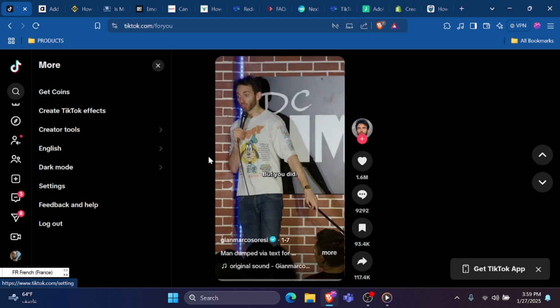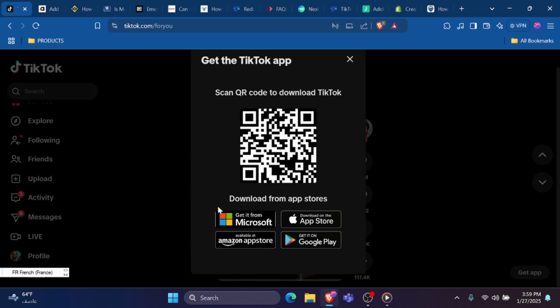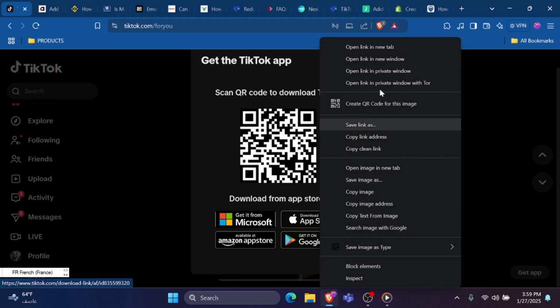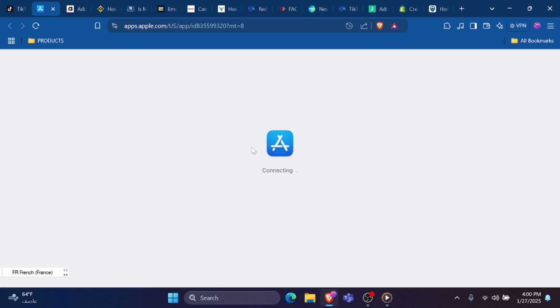If it doesn't work, you can have some corrupted cache files that can cause this issue. So to clear cache on Android, go to Settings, Apps, TikTok, Storage, tap Clear Cache. On iPhone, unfortunately, it's not allowed to clear the cache directly, but you can try something out in uninstalling the app and